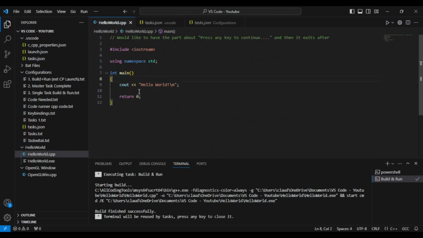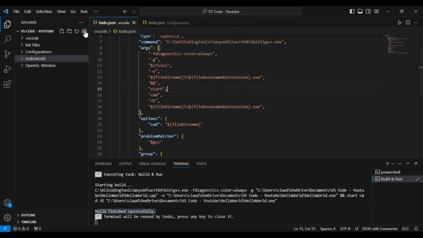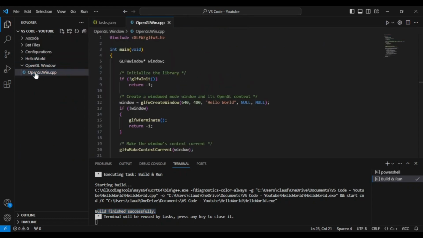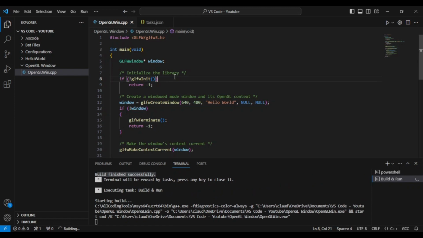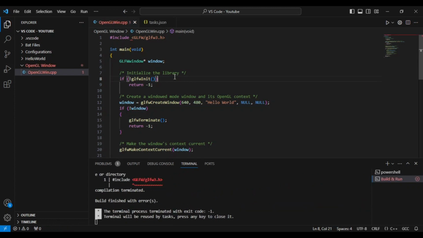Okay, now, we see that it started the build, and after it launched the command prompt, we saw the hello world, and when you close it, we noticed that the build successfully came up afterwards. So I think this is probably a faster way of doing things. So that's it for our hello world. Now, what about our OpenGL window? So we say Ctrl-Shift-B, and it's not going to work, naturally, because we haven't really included